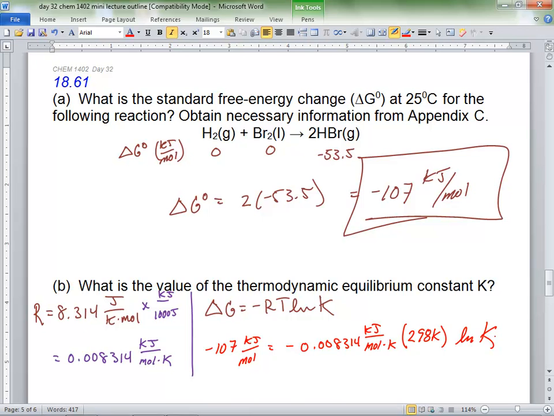Yeah, because you don't convert this. She can do it that way because now this guy's in kilojoules. He's in kilojoules. He's in kilojoules. So this is the other way. Okay. So you can do it this way where everything's in joules, or do it this way, everything's in kilojoules. Because regardless, we should all end up with the same number equals the natural log of K, no matter how you do it. So what? Right?